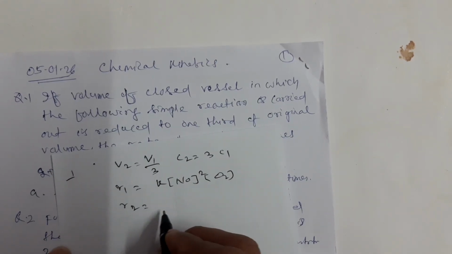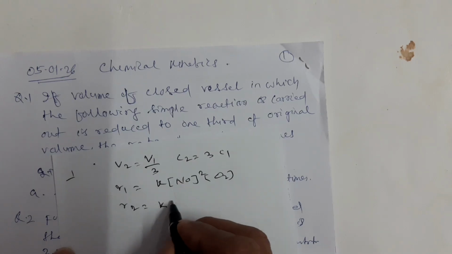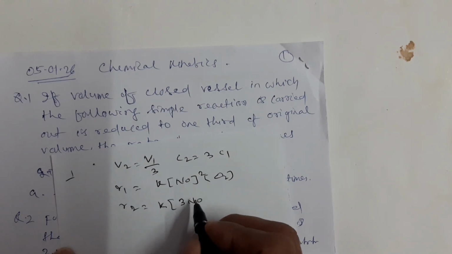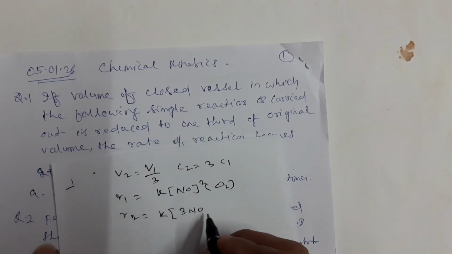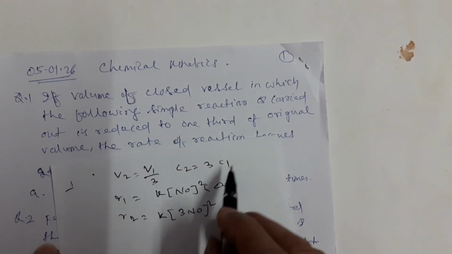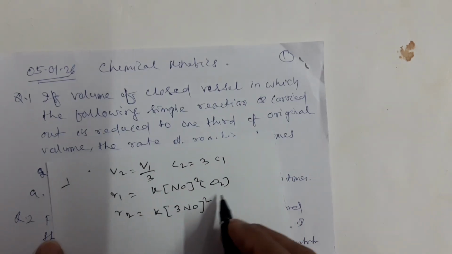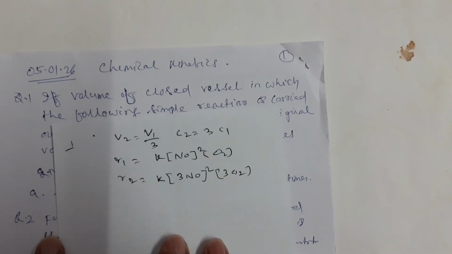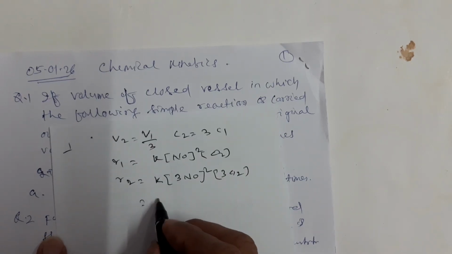Rate 2, when it is tripled, is equal to K (3[NO])²